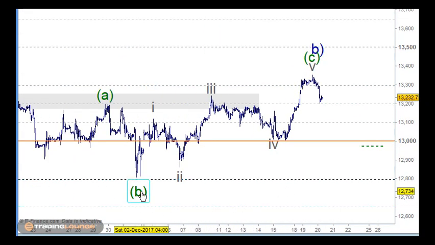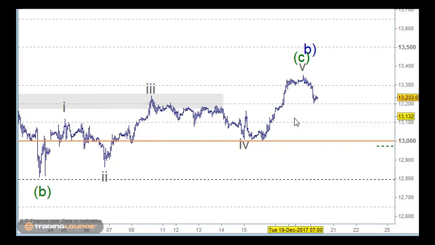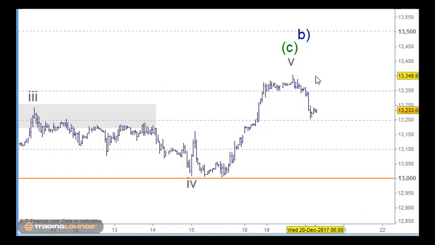So the 5 waves from B here is 1 and 2 and 3 and 4 and 5. So we could be completed here now. So what we need now is that we need to see, in a bit of a nutshell, 1 and 2 and 3 and 4 and 5 here. Don't worry about chasing it just yet, because if we do get 5 waves from the top here, then we're getting 5 waves in the opposite direction of the trend, and what that will mean is that we'll get an